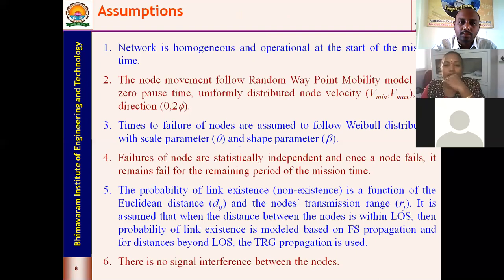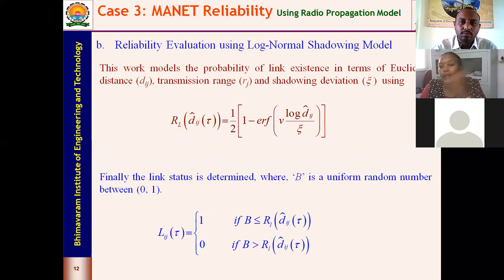So this is over now. Next, the problem with the previous case is that it doesn't consider any fading of signals. Fading of signals means that as a signal traverses long distances, it starts attenuating, and because of the attenuation, the receiver may lose the information which the transmitter has transmitted. So in this, we are going to consider the fading models.